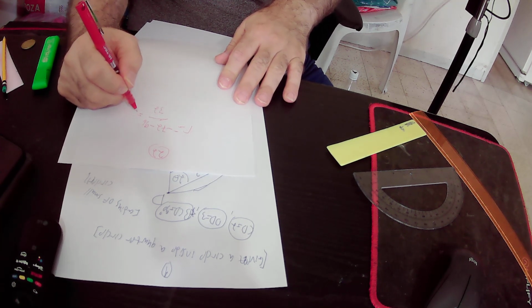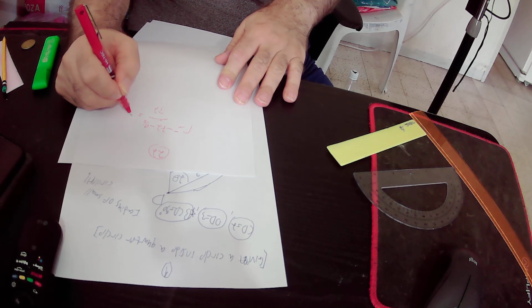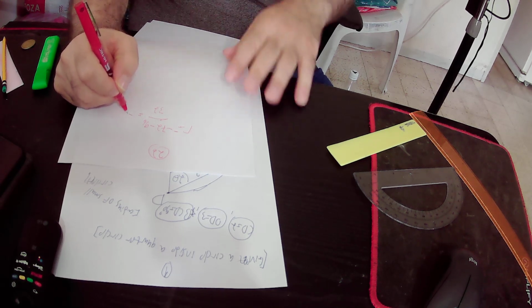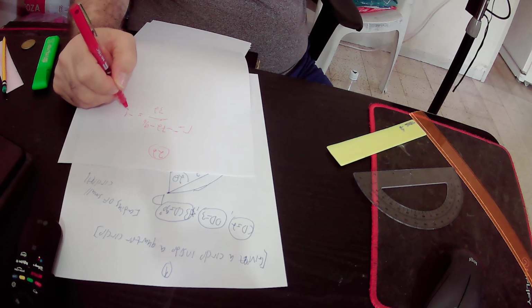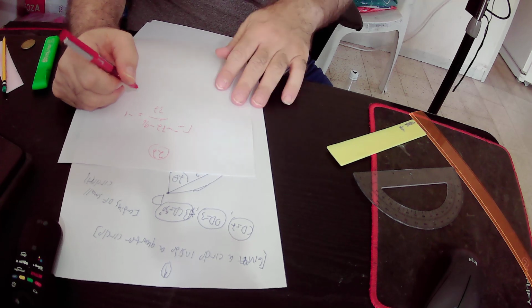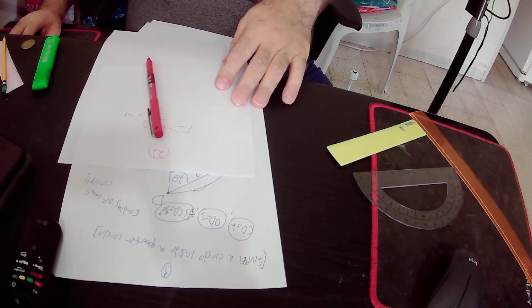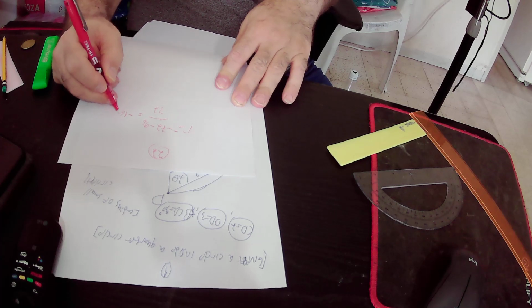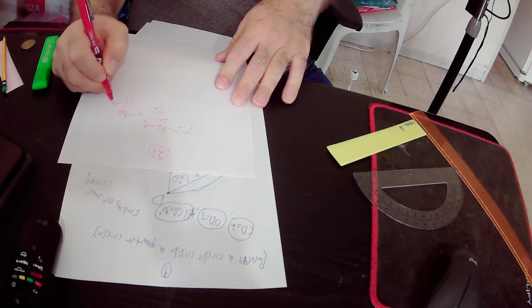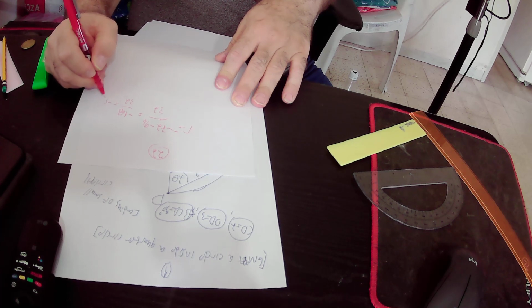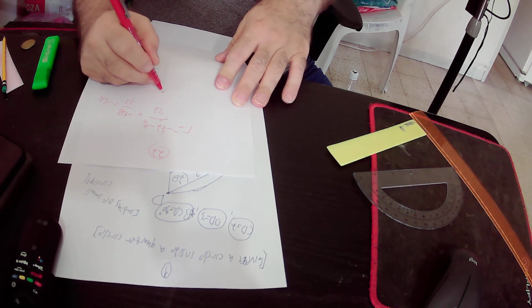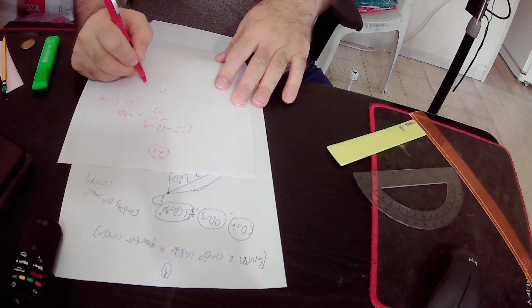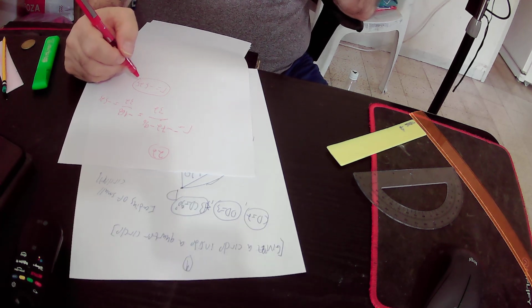Minus 72 minus 96 is minus 168 over 32 equals to minus 5.25. So r equals to minus 5.25, but because of the fact that r is the radius